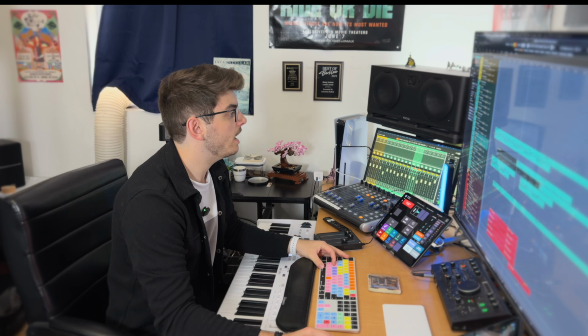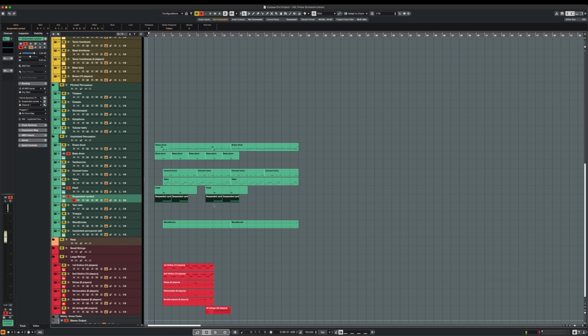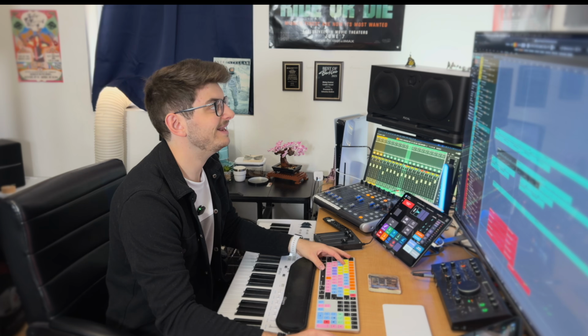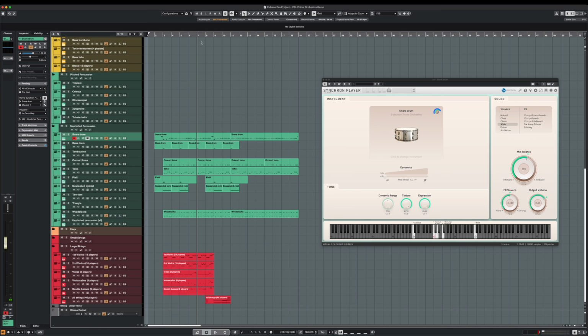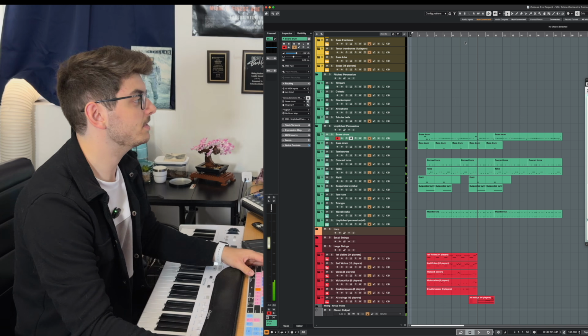And you'll notice that we're placing the accents on specific beats to really emphasize the ostinatos that we have going on in the woodwinds and in the strings. And then I also have in here some suspended cymbals and bass drum rolls, which are just adding even more emphasis to downbeats. Super simple.